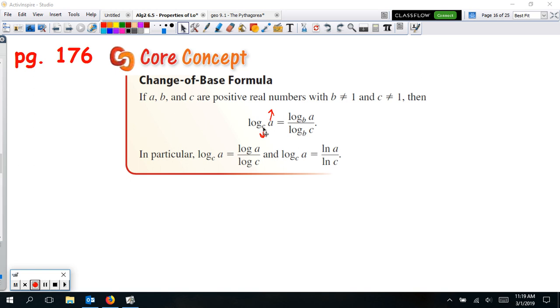And what we would do there is we would put this into a fraction form, and we can change this into any logarithm we want to. The b's are the same here. So just a is going to go on the top and the c will go on the bottom. So it'll be log base b of a over log base b of c. And so what I mean by that